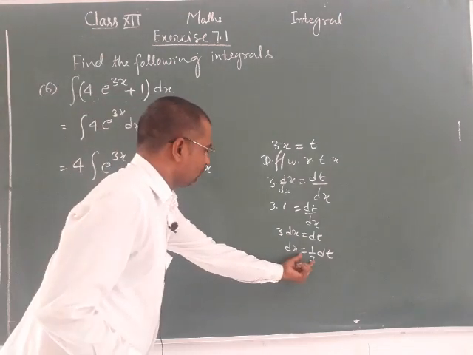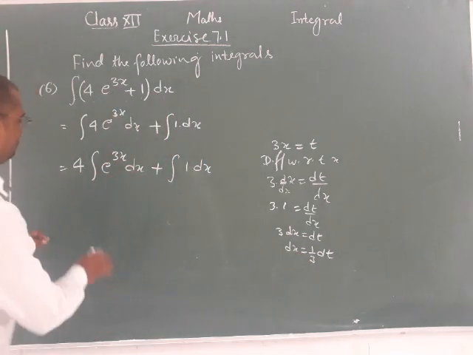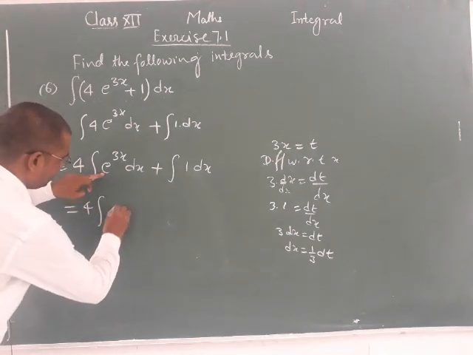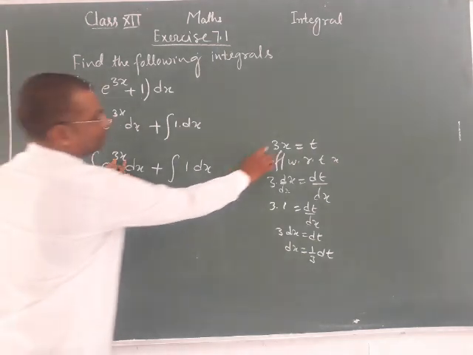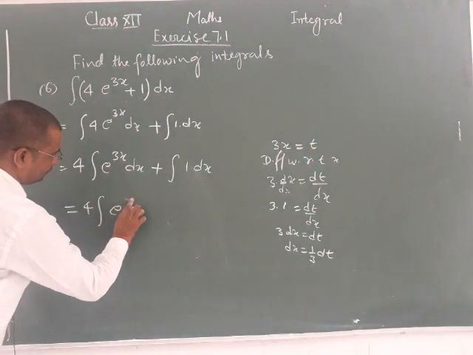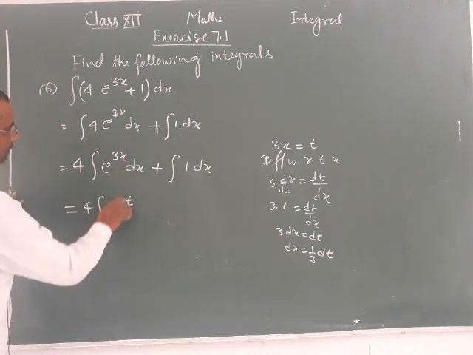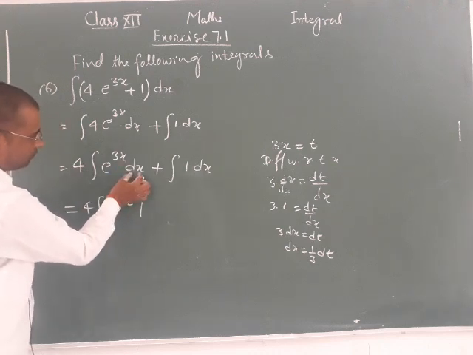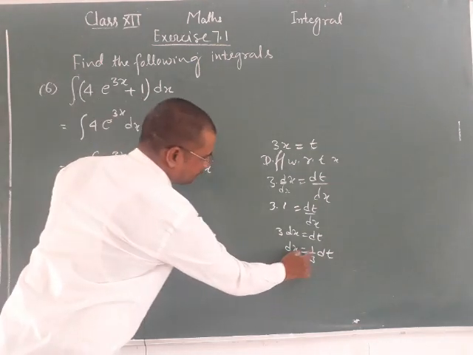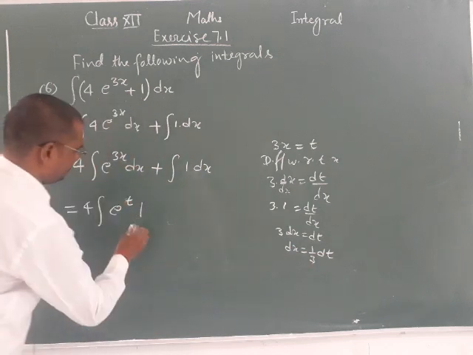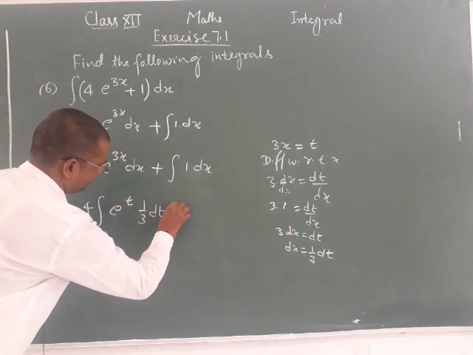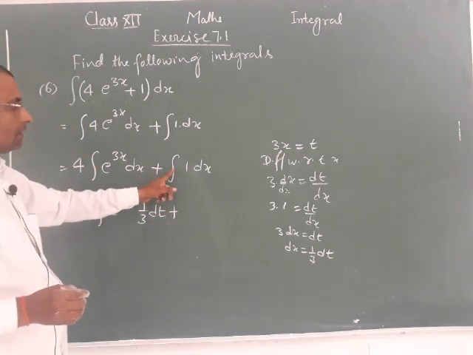Now put these values here. So the integration of e raised to the power 3x: let 3x equal t, so put here t, e raised to the power t, and also replace dx with 1 upon 3 dt. So 1 upon 3 dt, plus the integration of